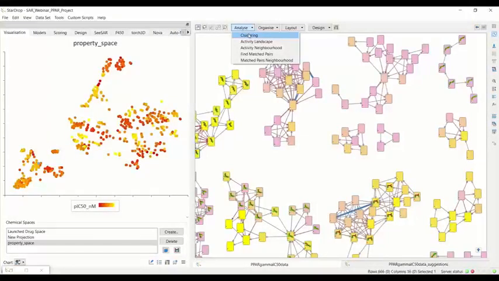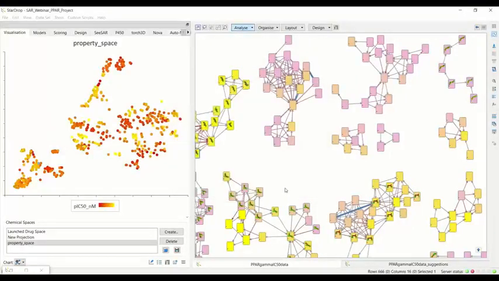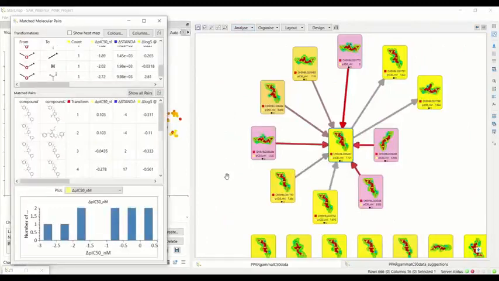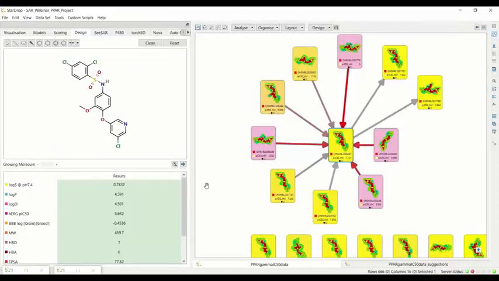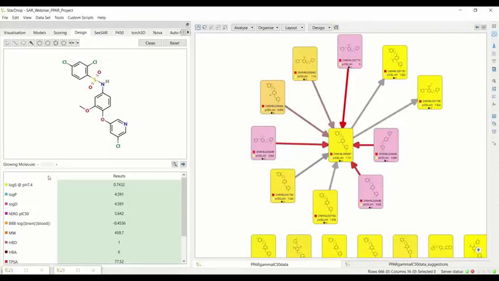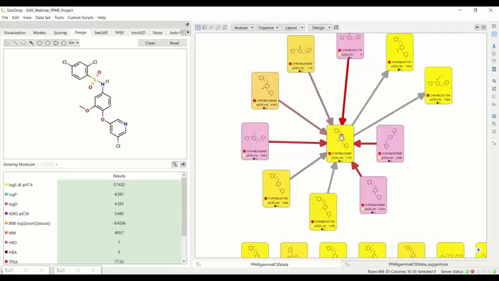And then I will actually use the match pairs neighborhood. Again, I'll copy it around. I'm just going to get rid of, hopefully, that glowing molecule. But here is the card that I've chosen, and it is these